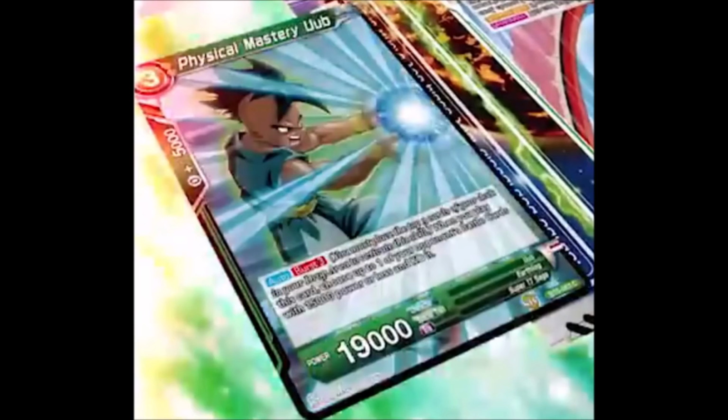Here we have Physical Mastery Oob. He's a 3-cost 19,000 power with Burst 3. His auto reads that when you play this card, choose up to one of your opponent's battle cards with 15,000 power or less and KO it. So he comes into play, he gets a free KO, and then he's still 19,000 power, which is pretty high